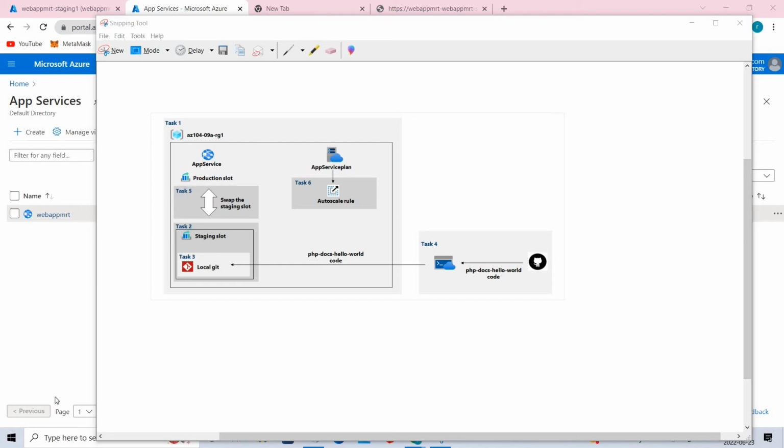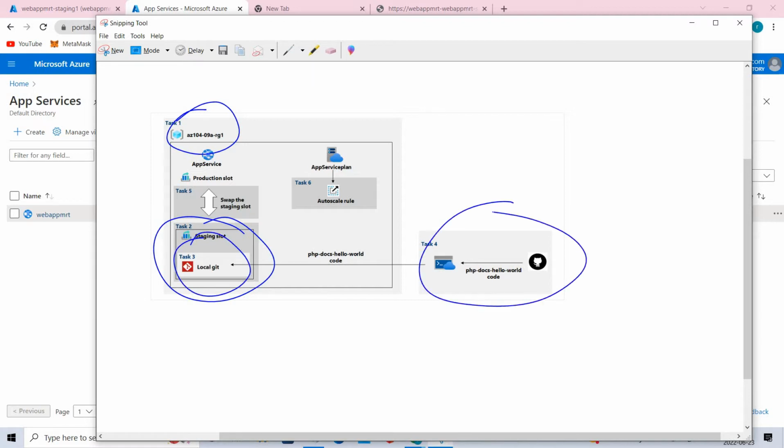Welcome back. In the previous task we performed tasks 1 and 2: we created this resource group, and inside it we created this staging slot. In this video we'll be performing task 3 as well as task 4. Task 3 is configuring web app deployment settings, and task 4 is deploying code to the